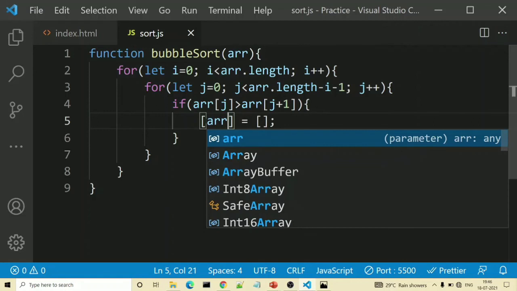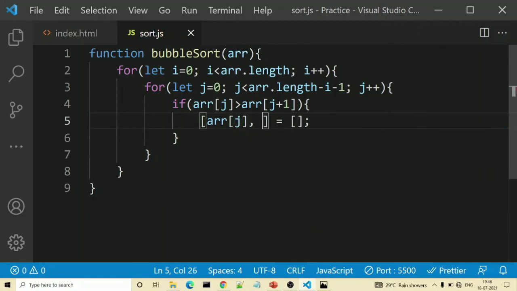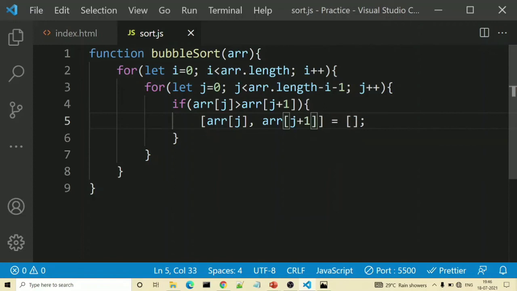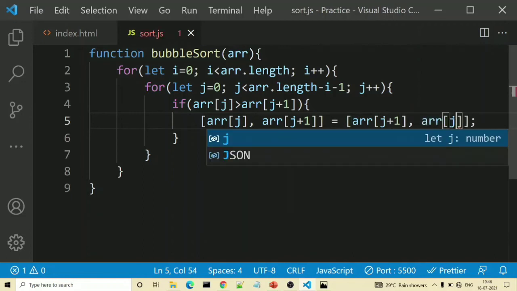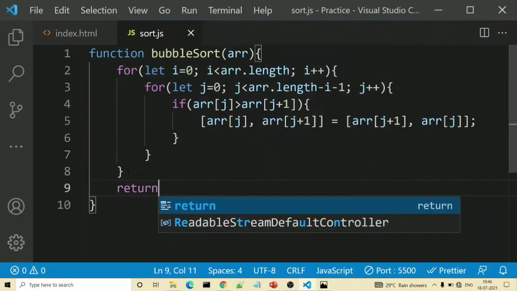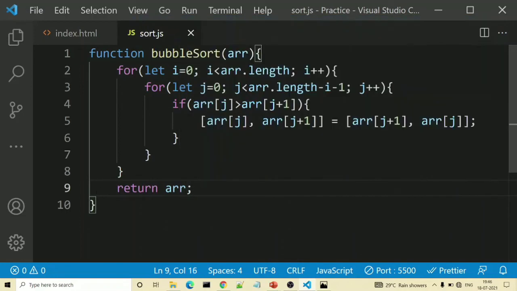Firstly I will write arr of j, comma arr of j plus 1, and in the second bracket we will write the things in reverse order. So our swapping will be done here. And at the end we need to return the array. So outside the for loop we will simply return arr.